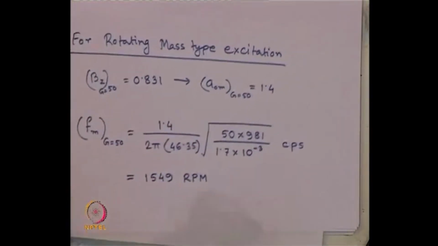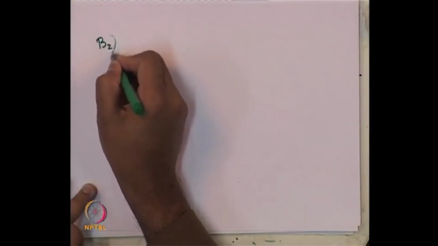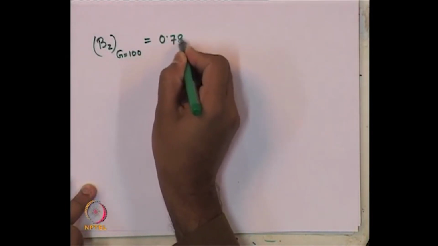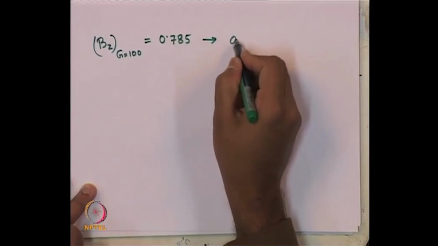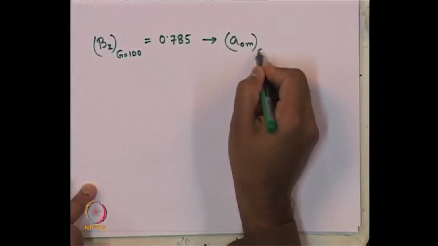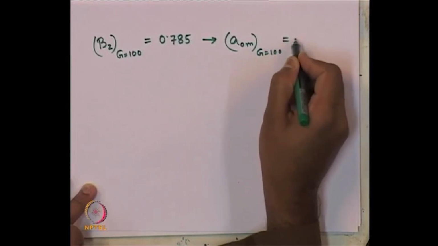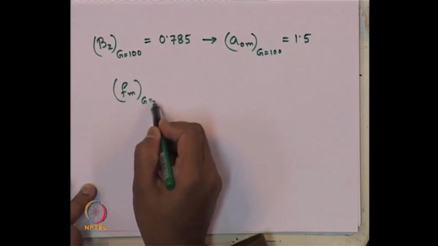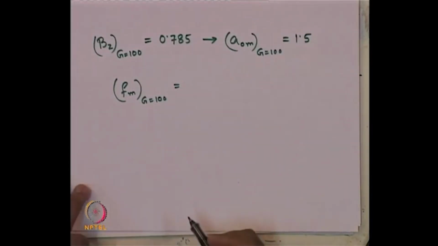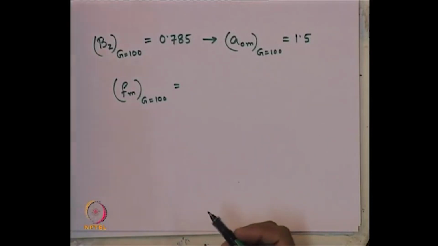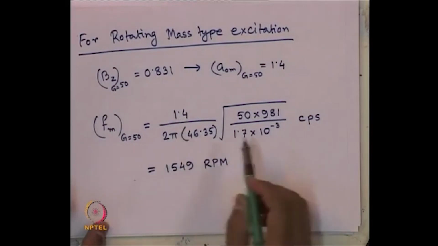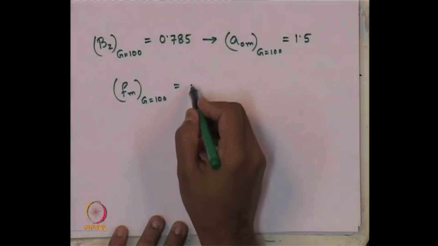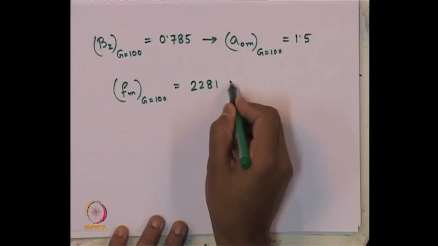Next, for Bz corresponding to g equals to 100, we have the value as 0.785, which from the design chart will give us A naught m. I am reading it as 1.5, which means fm for g equals to 100, after putting this value in this same expression, the changes will be, this is 1.5, this is 100, this is 1.8. Okay. I am getting 2281 RPM,